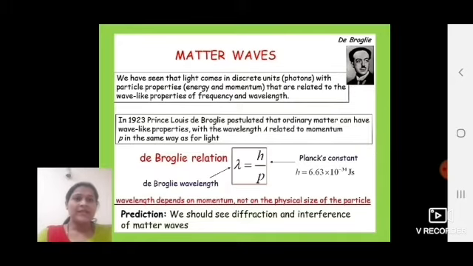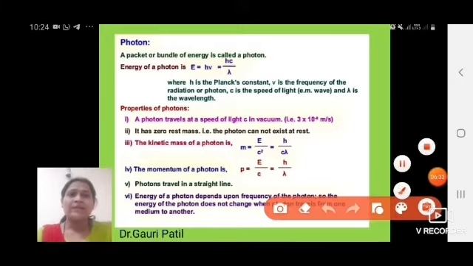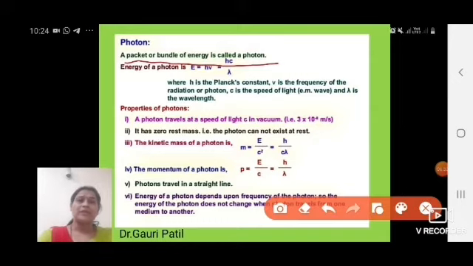So in the next slide we will discuss photons. What is meant by a photon, and what is the energy of a photon? Photon is a packet or bundle of energy, which is called a photon, and the energy of a photon is given by